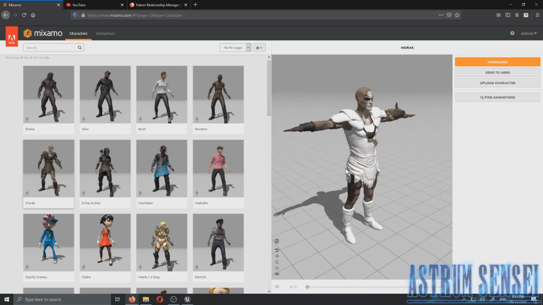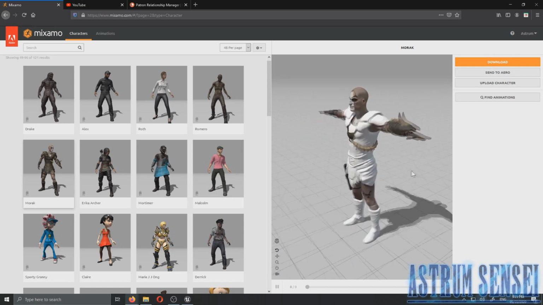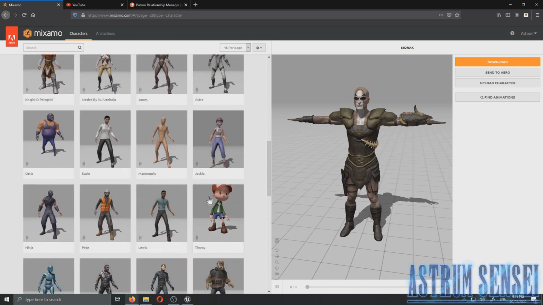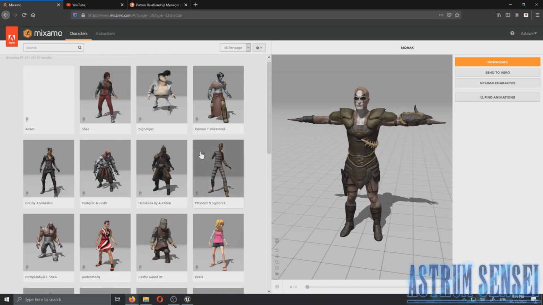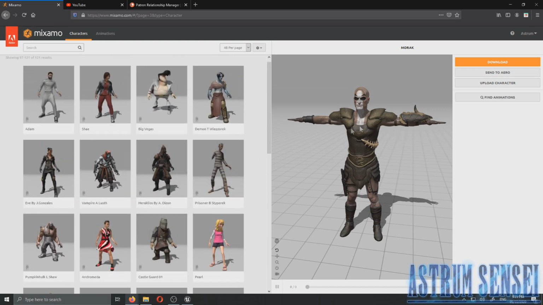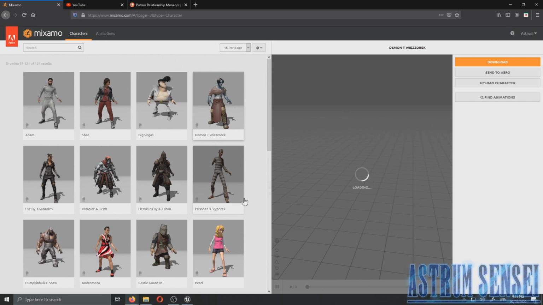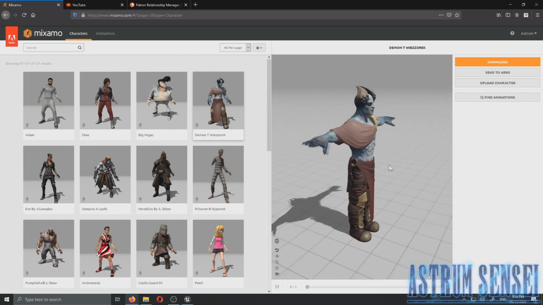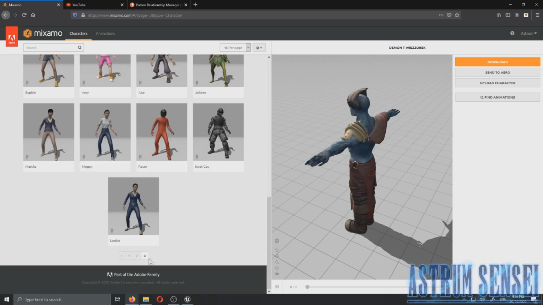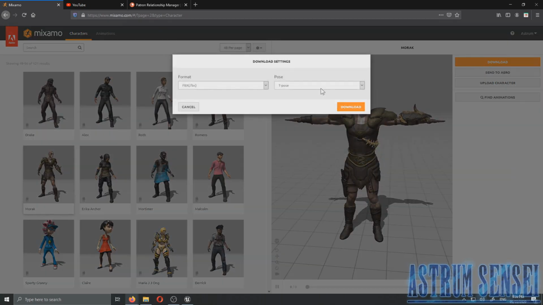It reminds me of Kratos, but God of War isn't an RPG. This could serve as one of the soldier enemies, so I really like it. I'm probably going to use this one. It just looks like a common enemy in a game. Let's take a look at the rest and download this one next. Maybe if we do a tutorial on boss fights, we can make this one a boss. Let me know if you guys want that. Let's download it with a T-pose,